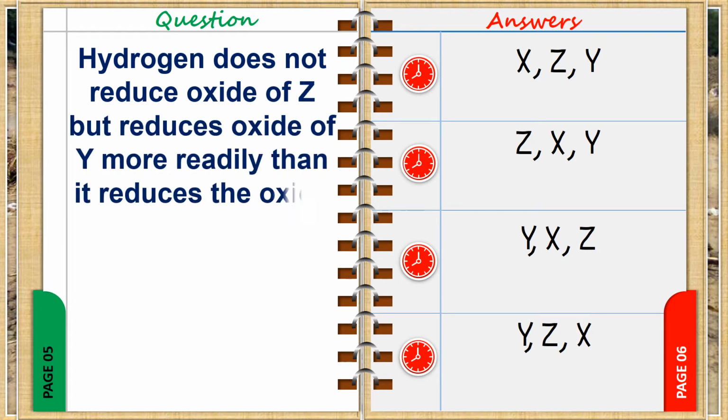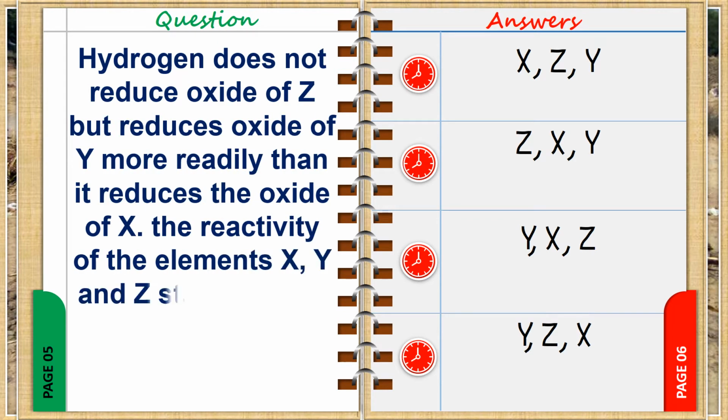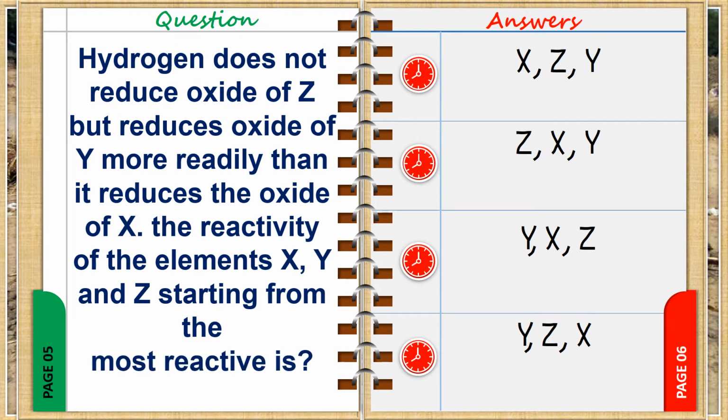Hydrogen does not reduce oxides of Z, but reduces oxides of Y more readily than it reduces the oxides of X. The reactivity of the elements X, Y, and Z, starting from the most reactive, is